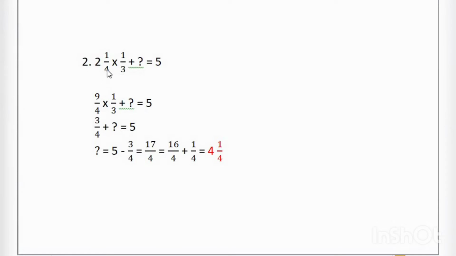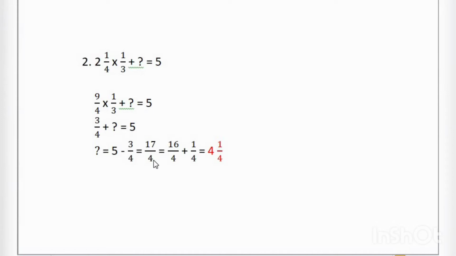Second question, 2 1/4 into 1/3 plus question mark equals 5. 2 1/4 can be written as 9/4, that is 4 into 2 plus 1, right? So 9/4 into 1/3 plus question mark, or x, equals 5. And 9 and 3 get cancelled, so we will get 3/4 plus question mark equals 5. From there we will get the value of the unknown number equal to 5 minus 3/4, and